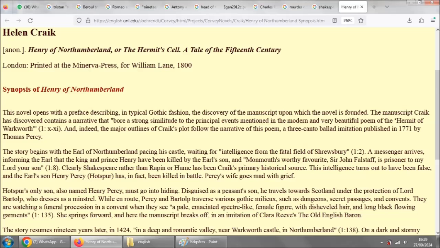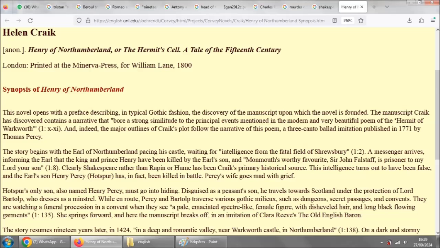This novel opens with a preface describing the Gothic discovery of the manuscript upon which the novel is founded. The manuscript Craig has discovered contains a narrative of a strong similitude to the principal event mentioned in the modern and very beautiful poem of The Hermit of Warkworth. And indeed, the major outlines of Craig's plot follow the narrative of this poem, a 3-canto ballad imitation published in 1771 by Thomas Percy. The story begins with the Earl of Northumberland pacing his castle, waiting for intelligence from the